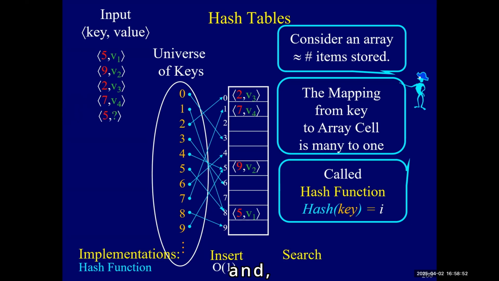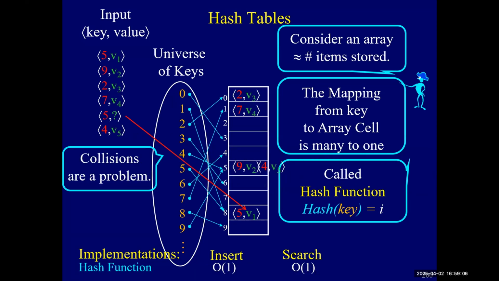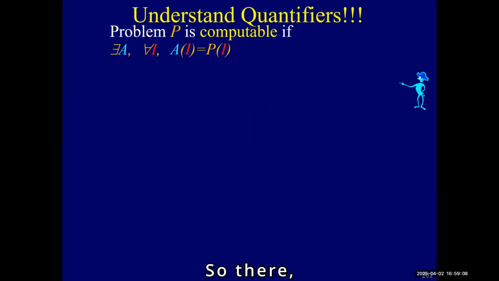And then how do you search? Well, I see where would 5 be, right? I follow the hash, and there it is, right? Everybody's good. Everybody follow this? All right. So there,